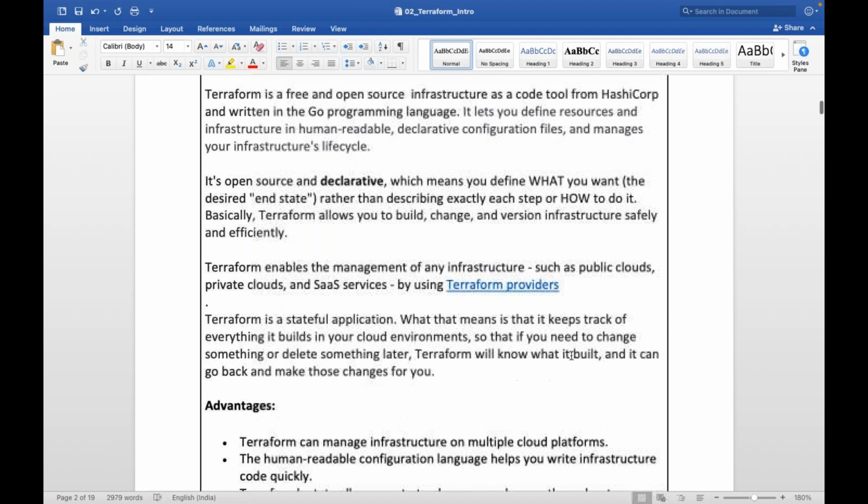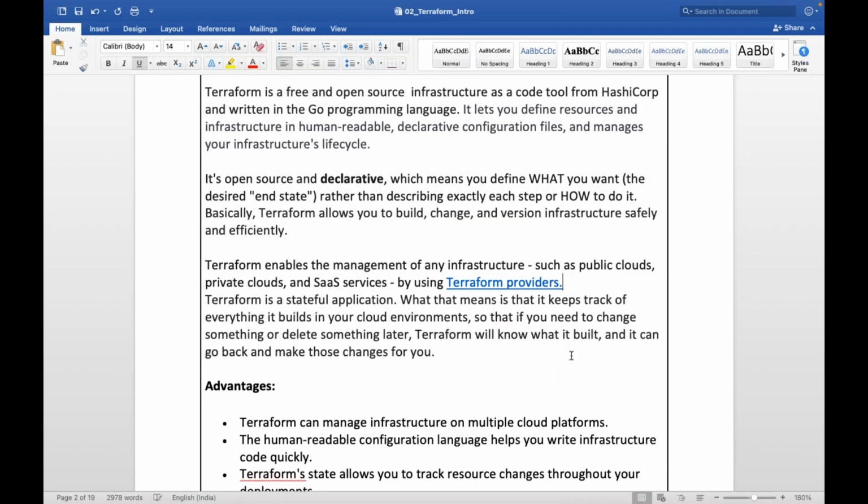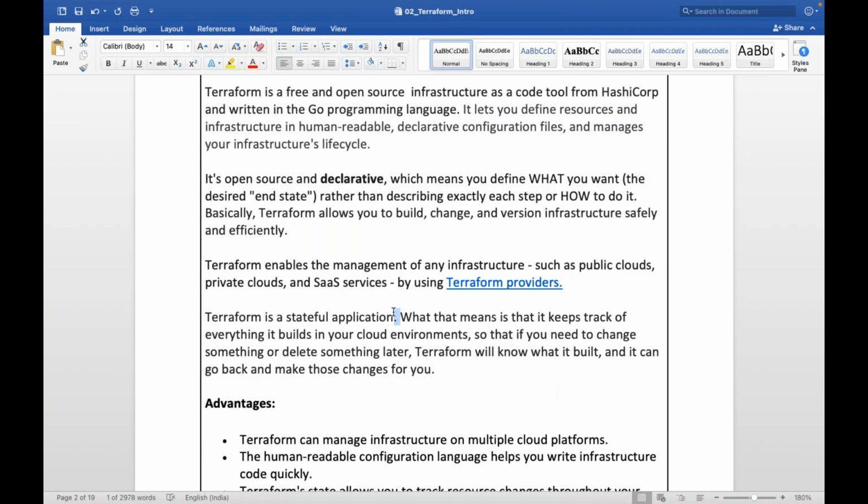So Terraform is a stateful application. What do you mean by stateful application? Terraform is going to maintain the state of each and every resource it is managing.